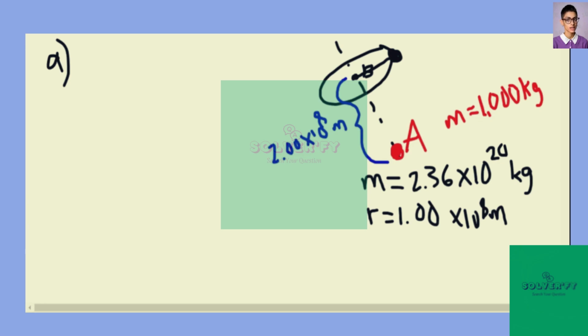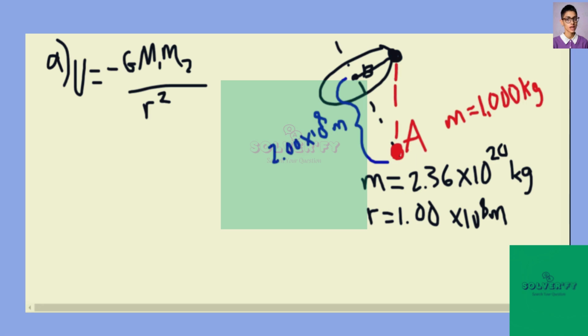So, potential energy of the system, U equals negative G M1 M2 over R squared. Well, R squared, using the Pythagorean theorem, is going to be this distance, or that hypotenuse. So U equals negative G M1 M2 over R squared, which is going to be,